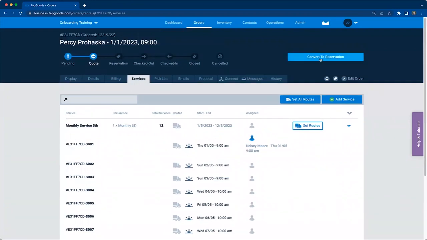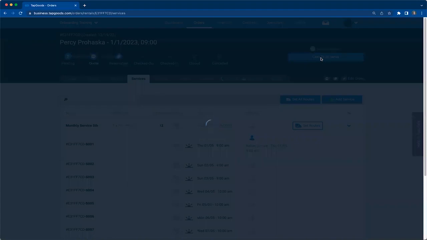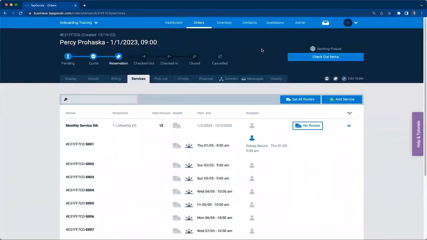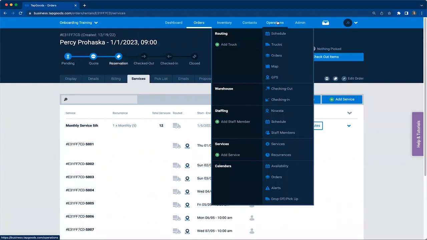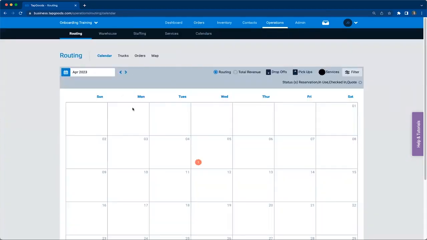Okay, I'm going to go ahead and create this as a reservation. This is now a reservation and it will show up in our routing schedule. You can see as it populated in April, it is now showing this almost gear icon for services. You can see up here that that icon is indicating a service needs to be routed for that day. Of course, if you flip through the months, it'll show that 5th is having that same service each day